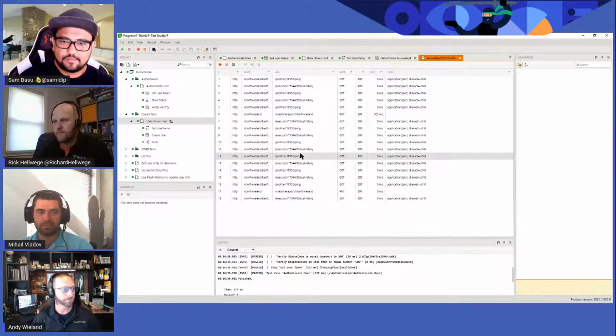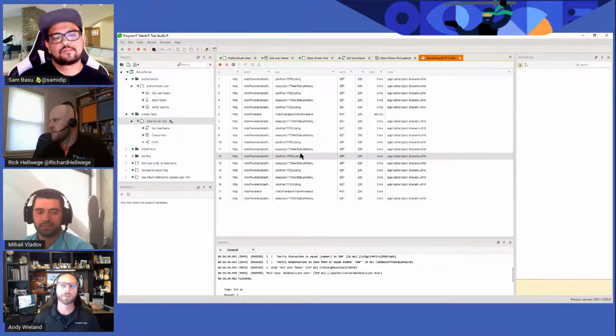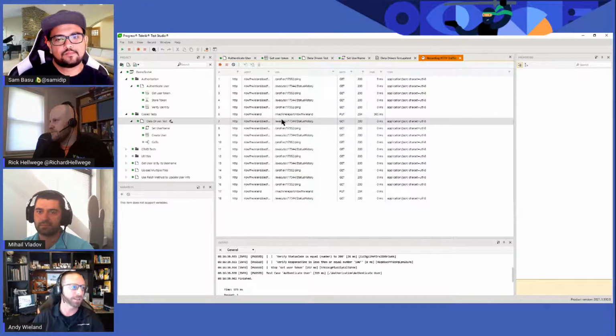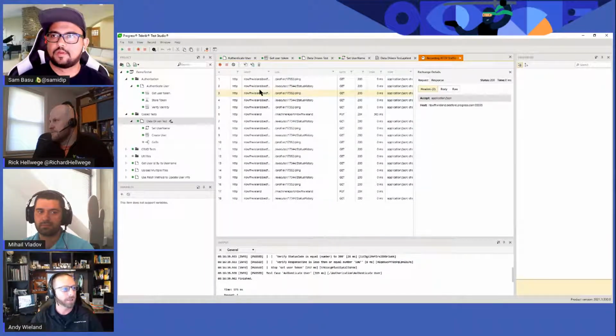We can then turn that into a test, as I'll show you in a second. Or you can go in and start building those steps from scratch, as I showed you. So you have that ability to just click through things. And then you also can code it, or you can go capture it from Fiddler and import it. So there's a lot of different ways to create these tests, and different combinations of things you can put together.